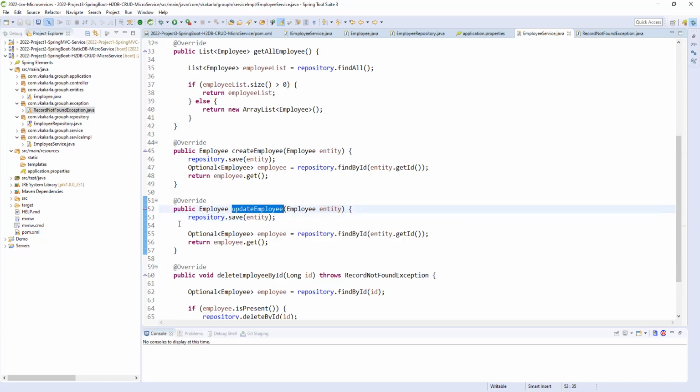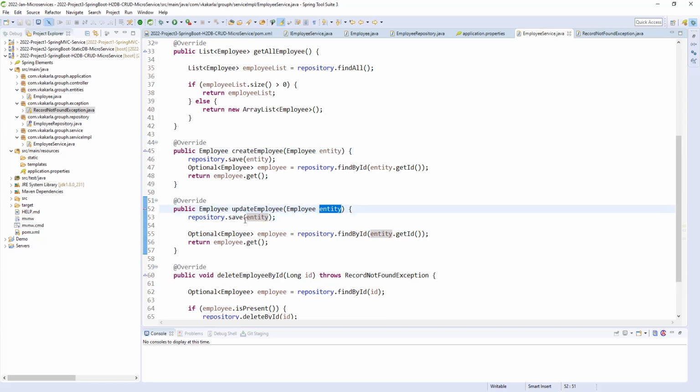But on the front end, we don't want to create such confusion. That is the reason we have create employee for create operations and update employee for update operations. Obviously, the user will send the remaining values, and obviously the ID will be disabled in the user interface. The remaining values, like address, phone number, or name, will be updated. The same ID will come here, and it will run an update query based on the employee ID.